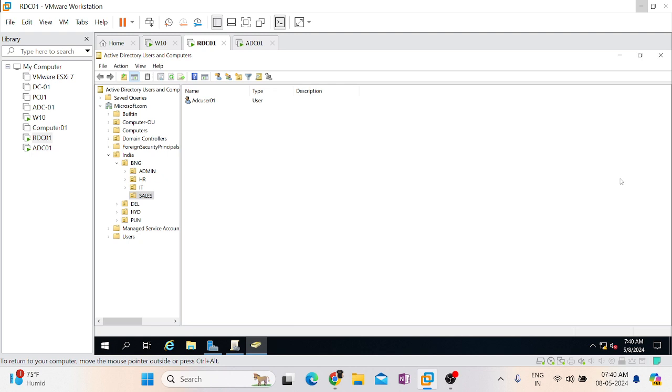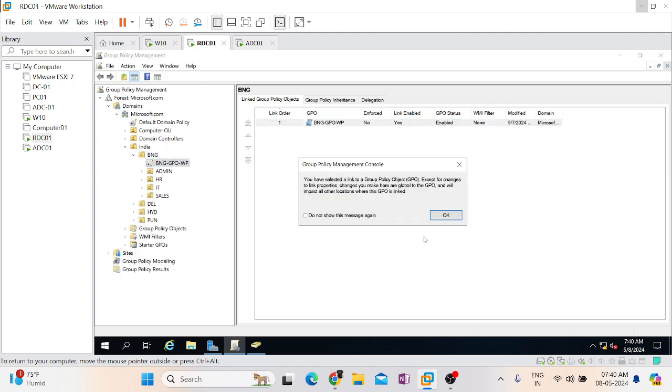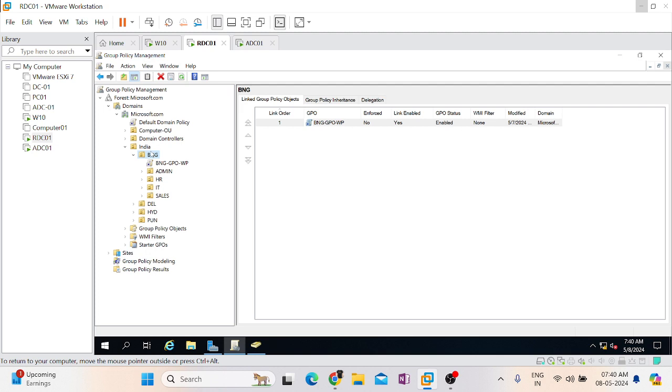So you can even apply policy at multiple levels, because when you apply the policy at that exact OU level, it will be directly linked to the particular OU. If you look here in Bangalore, I have created one OU, one policy here. For the Bangalore OU, I have created one policy called Bangalore-GPO wallpaper. But if you go to the Bangalore OU here, and click on group policy inheritance,